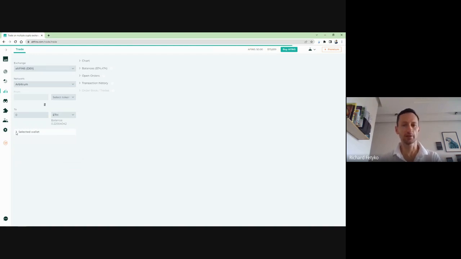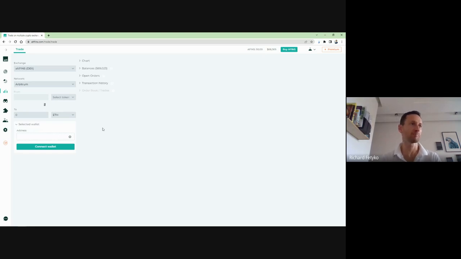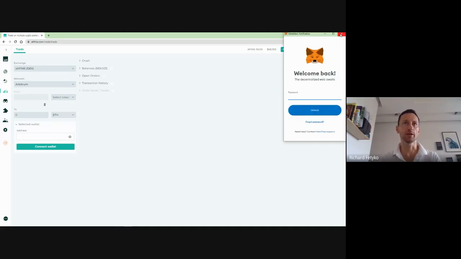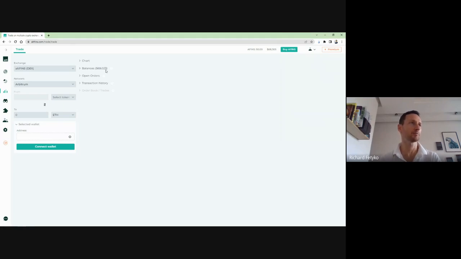Which I think is also another technique that we'll be teaching in our education courses, because I think using your own wallet and using decentralized exchanges is going to be more and more important because there's just too much risk with some of these centralized exchanges, okay? So in the future, if you do have a MetaMask wallet, you can click on Connect Wallet. It'll open up your MetaMask. You'll connect the MetaMask, and then you can execute the trade through the DEX as well, directly from your wallet, not have to go through any exchange. So having done that,